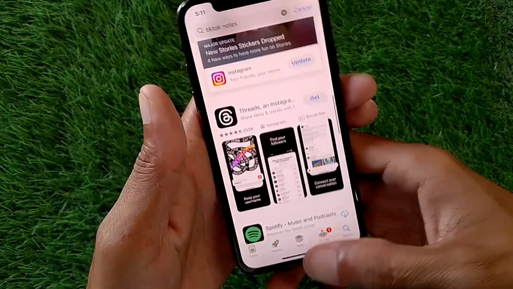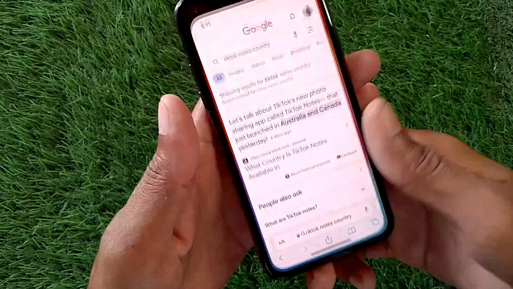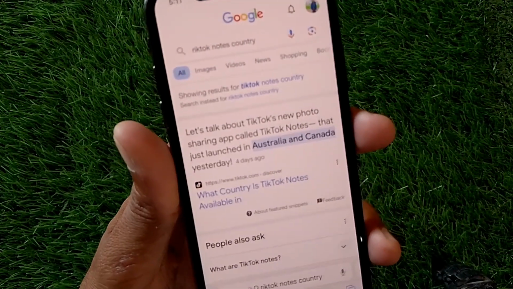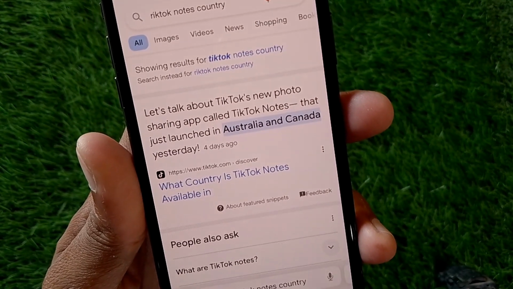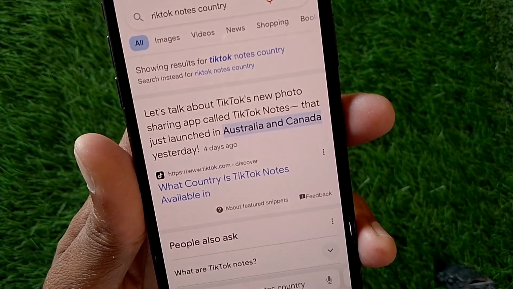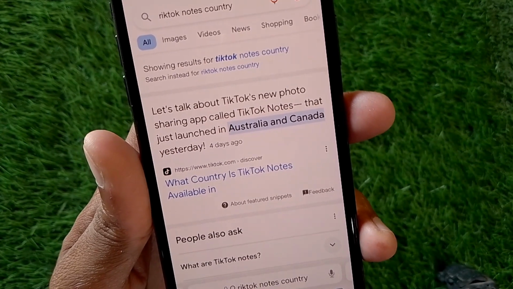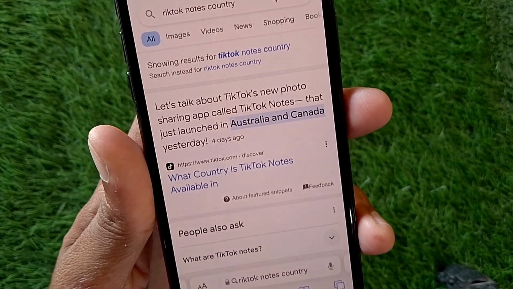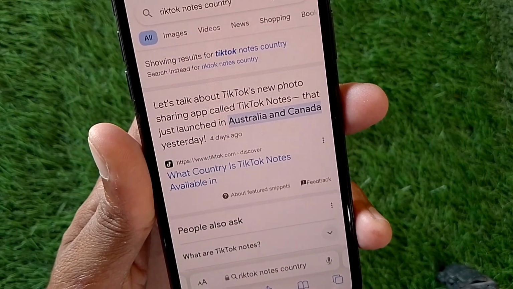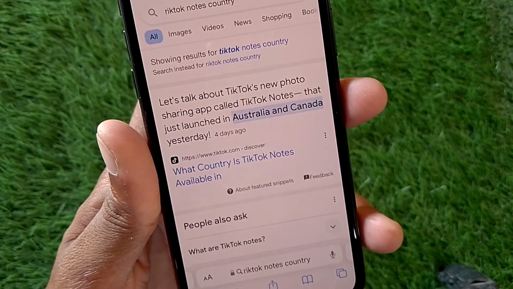So guys, no need to worry. I am going to open a Safari browser and search here for TikTok Notes, and you will see that it is launched in Australia and Canada only. So guys, you have to wait for your country. And if you live in Australia or Canada, you will be able to download TikTok Notes easily